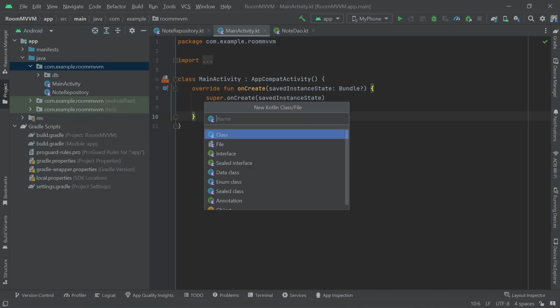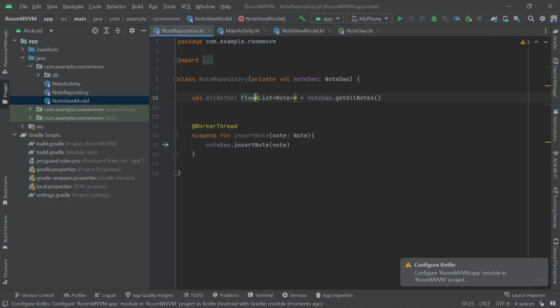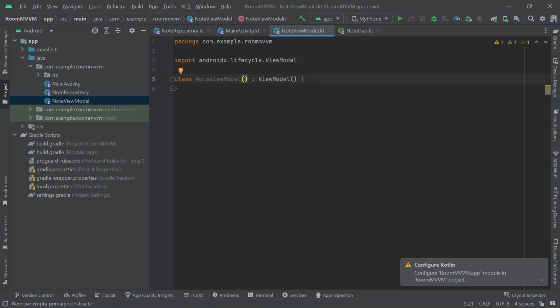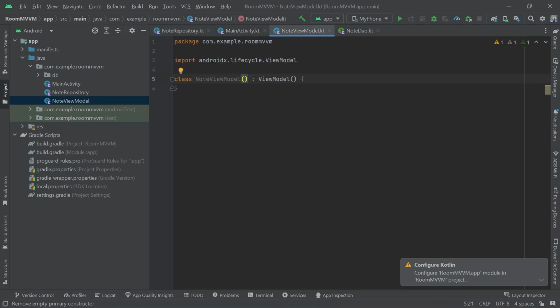So inside of new Kotlin, this will be a class, and I will name it NodeViewModel. And we also have to extend another class, that will be the ViewModel class. Here you can see activity.lifecycle. So this will be a constructor call, and inside this, we have to talk with our repository inside of the view model. So we need that thing inside of our parameter, and our repository is going to talk with our database. That's why we have this DAO inside of this repository parameter. Okay. So private val nodeRepository,